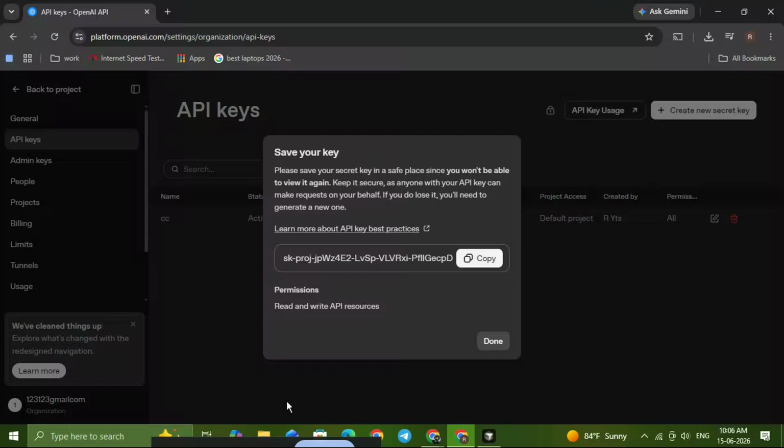If you want to connect OpenAI to Cursor AI so you can start using your API key inside the editor, this video is for you. I'll walk you through the full process step by step in a simple way so you can set it up